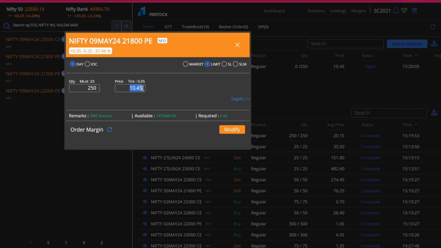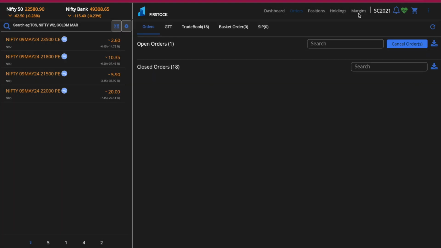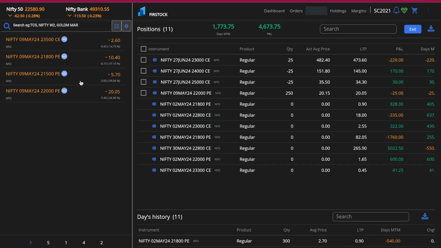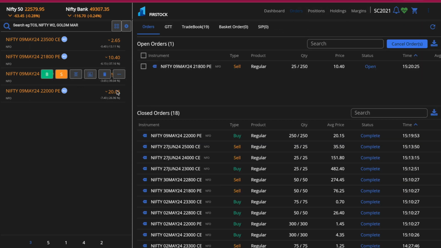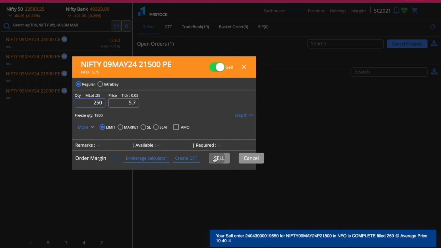Modify 0.4. Triggered, 9 lakhs is the margin. Orders. Okay, let's just go ahead and place this order as well. 250, 5.7. Let's sell this,